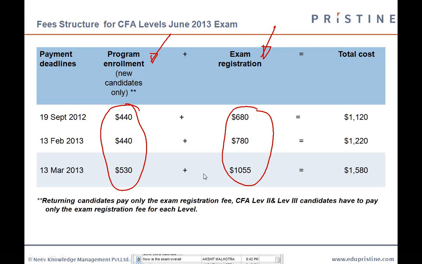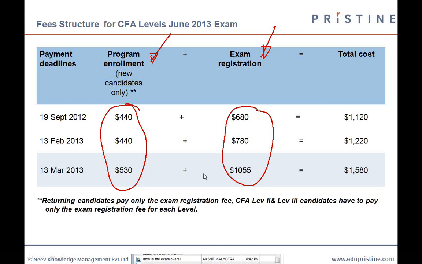Sunesh has a question. When we have the CFA certificate, is an MBA necessary? Let me try to answer this question. I think most of you have this general question. Is CFA equal to MBA, or is CFA better than MBA, or what? Should I do both CFA and MBA?